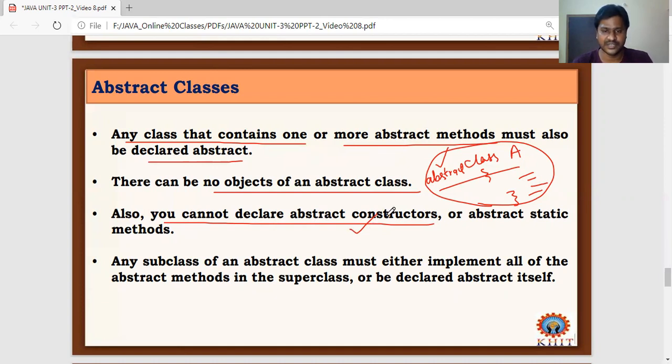An abstract constructor cannot be declared, and you cannot declare abstract static methods. It is possible to define static methods in classes, general public methods and static methods, but you are not allowed to define abstract static methods in a class.